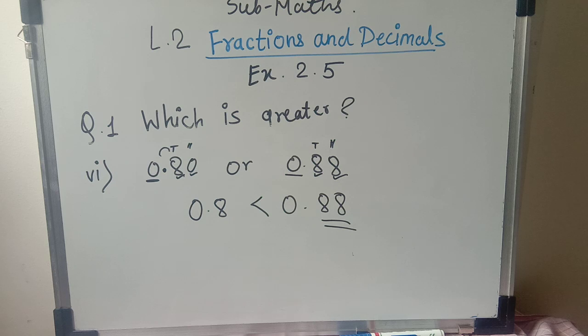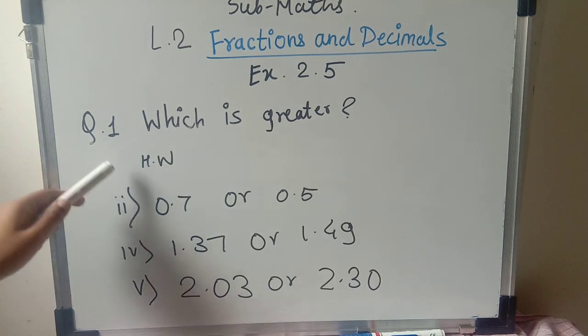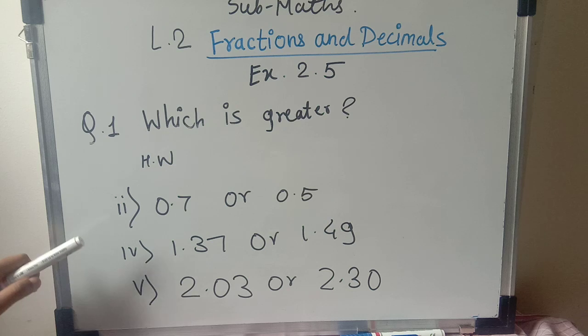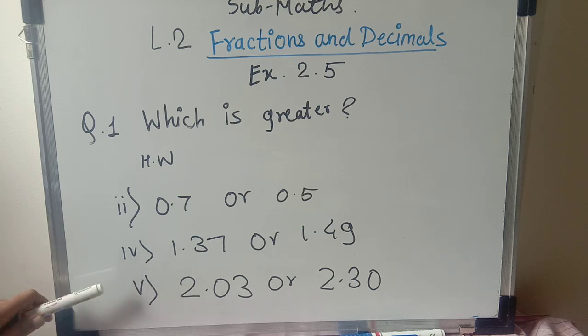Okay, now I am going to write the 3 examples. Those examples you have to solve as homework. From question number 1, these are the 3 examples you have to solve in your notebook as homework. Please note down in your notebook which examples you have to solve. Those who don't have a maths textbook, please write it down in your notebook. And those who have a textbook, just mark in your textbook that these examples you have to solve as homework. Okay, and I hope you are completing the classwork also. Whatever examples I am solving on the blackboard, you have to write them down in your notebook.